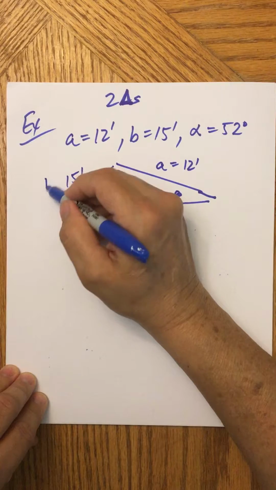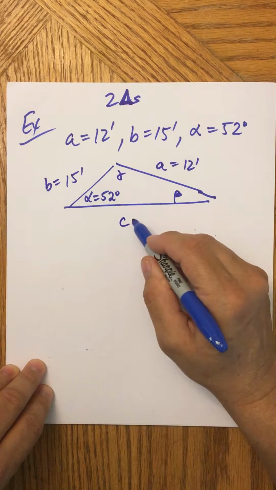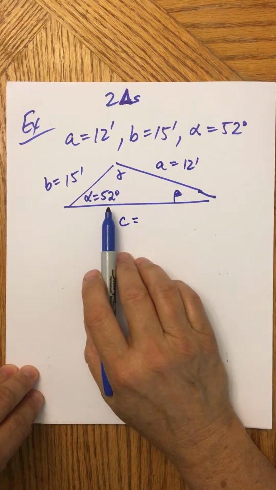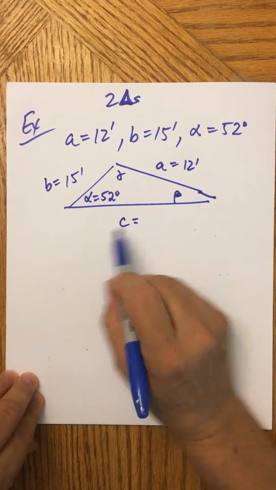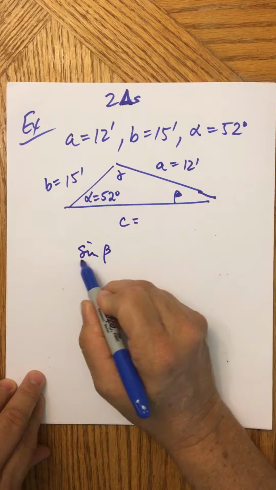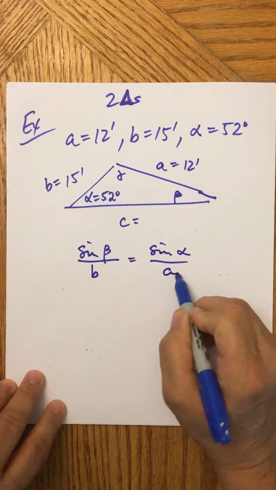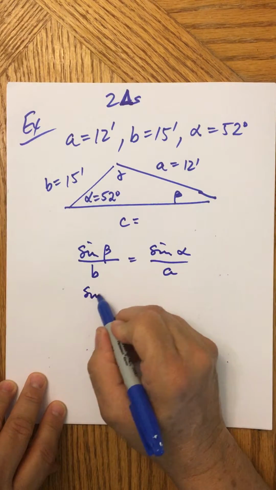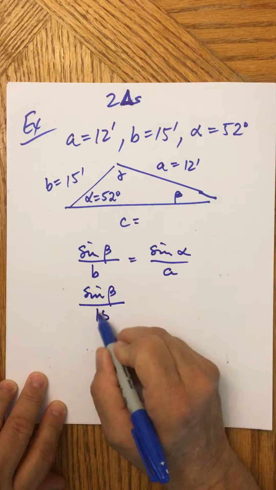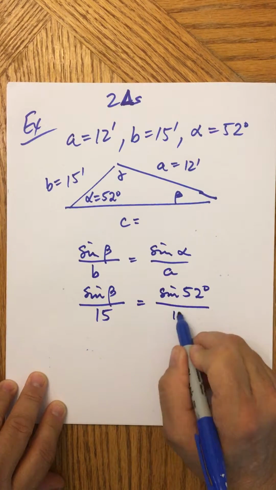Right? And we know nothing else. We don't know C. All right, so we're setting up our ratio to solve for beta. When we say sine of beta is to B, as sine of alpha is to A. Start filling it in. So sine of beta is to 15 as sine of 52 degrees is to 12 feet,